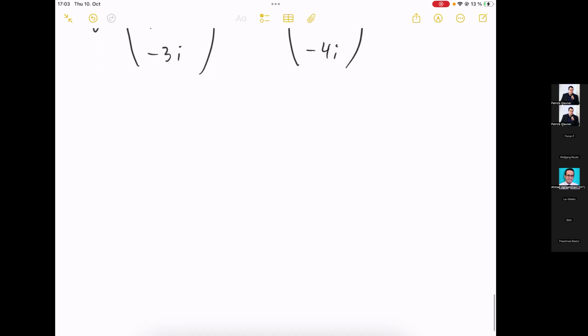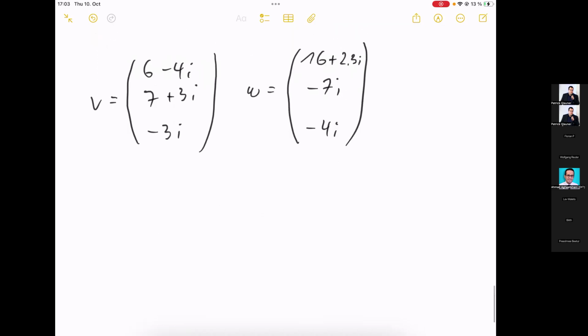And now we can see we can add v and w. Actually, we're just adding 2 complex numbers. So what I'm doing is I add the 6 and the 16, so it's 22. And I have 3.1i and minus 4i, so it's minus 1.7i. You can just go ahead with the next 2